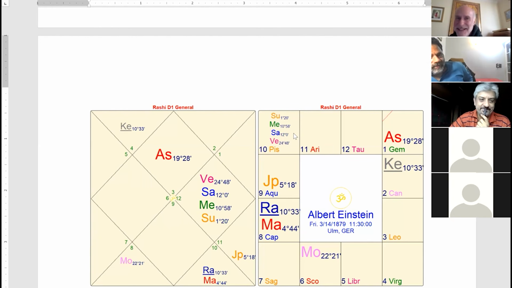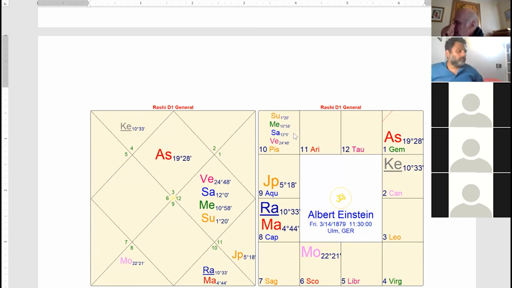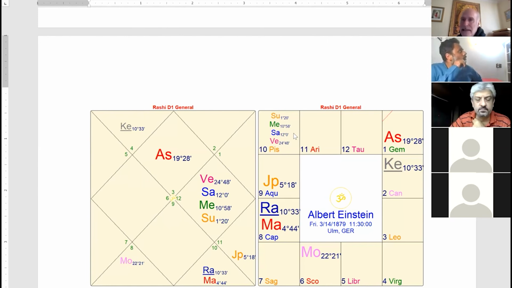Vargottama and directional strength. No, it's not Vargottama, folks, but it is getting directional strength in the 10th house. Where would it go? It's in Pushkar Navamsha, in the first Navamsha of a water sign. So it goes where in Navamsha? Cancer. Decent house, second house, right? When he ran his Sun major period, last sub-period, Venus, is when he won the Nobel Prize for Theoretical Physics.